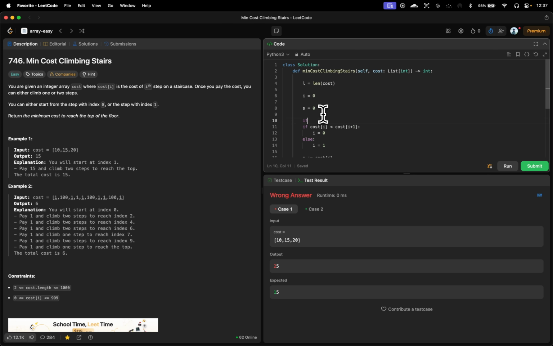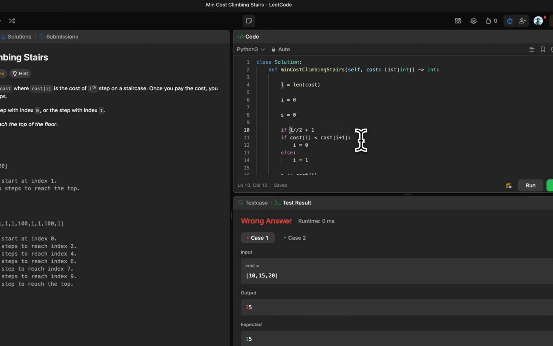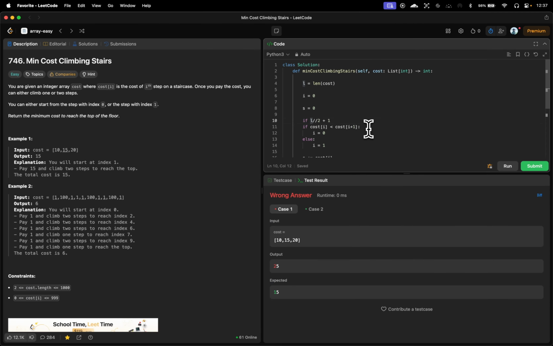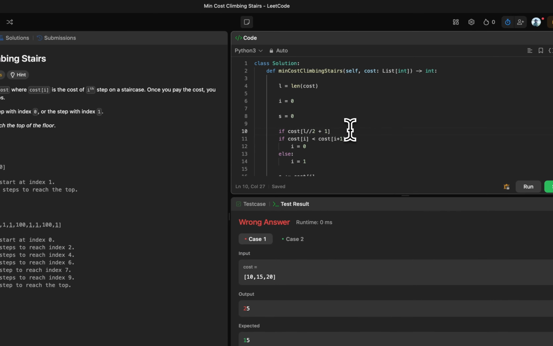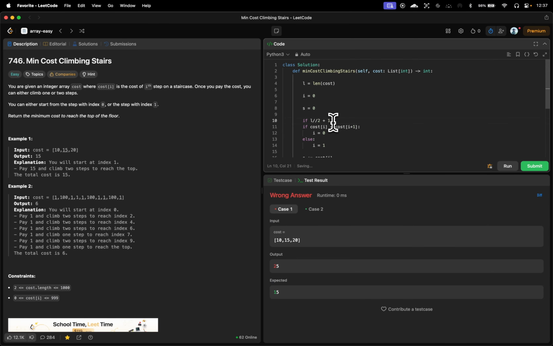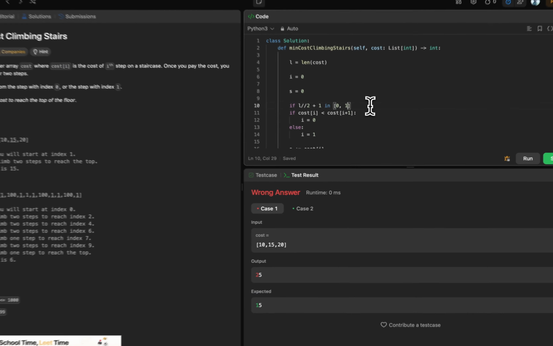If length half, which will be half plus 1 I will have to do, I guess. Half plus 1 is 0 or 1. Cost in 0 or 1,